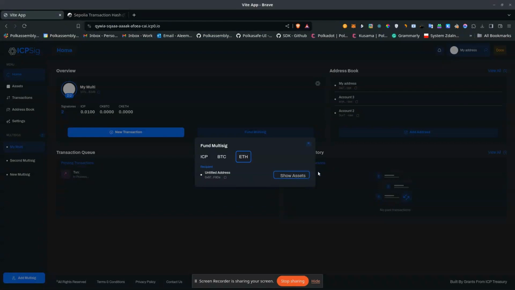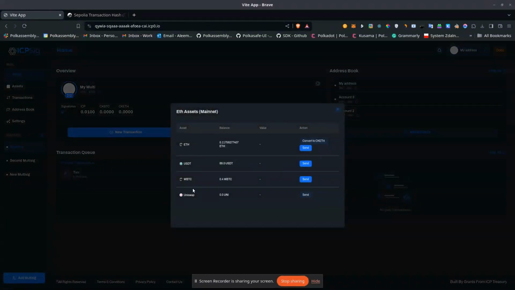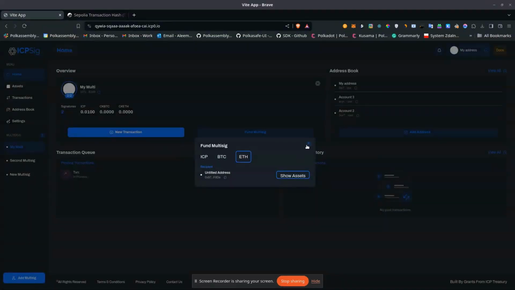After that, you can simply click on this show asset button. If you click on this show asset button, you will get all the assets that you have right now. This is currently on Sepolia testnet. Right now, for demo purposes, I'm using Sepolia testnet. It shows Ethereum mainnet, but actually it's Sepolia testnet right now for me. I changed some code, and there is a send button over here. You can send your Ethereum, Sepolia ETH, and also